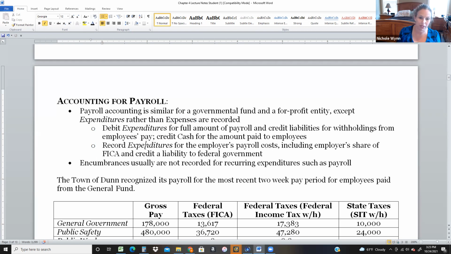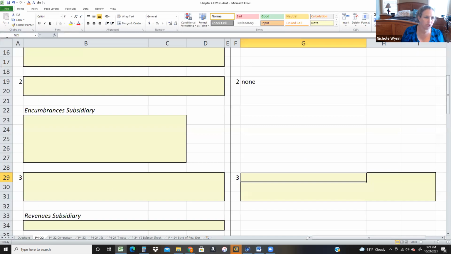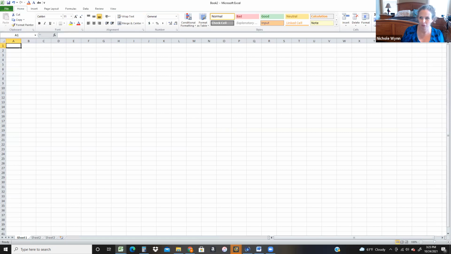And then we also will do expenditures for the payroll costs for the employer's share of payroll. We do not use encumbrances for reoccurring expenditures like payroll, because payroll is something that happens every 2 weeks or whatever. And so we don't need to encumber for it because we know we're going to spend the money because it's a reoccurring cost. So here's the information here for the gross pay, FICA, federal income tax withheld, and state income tax withheld. So if we were to do this entry for financial accounting, just for a refresher,